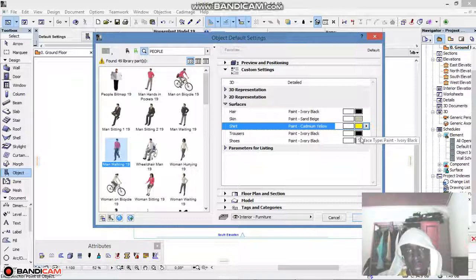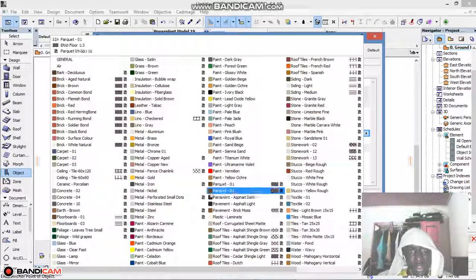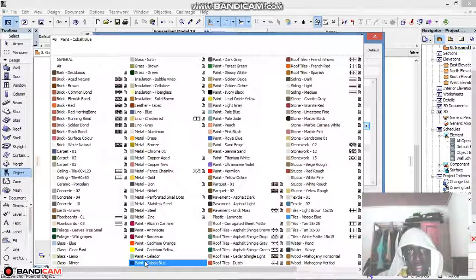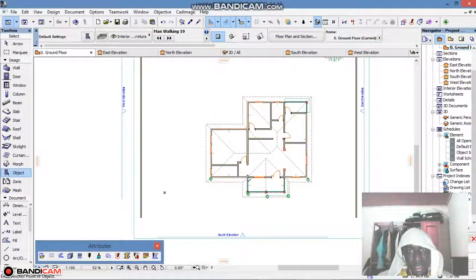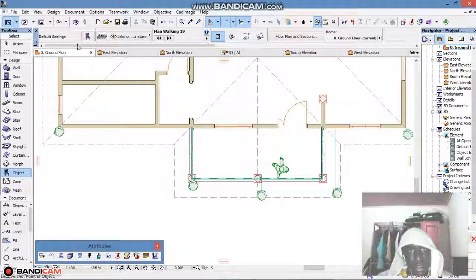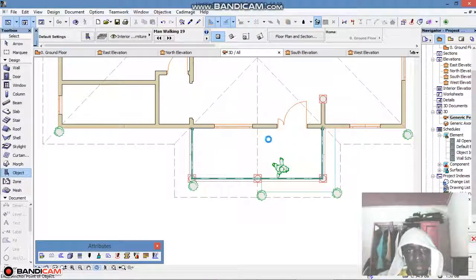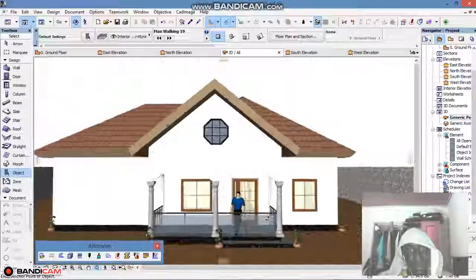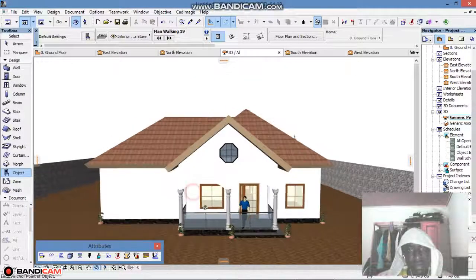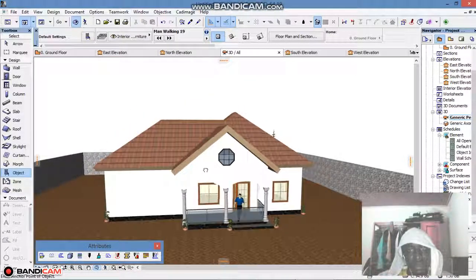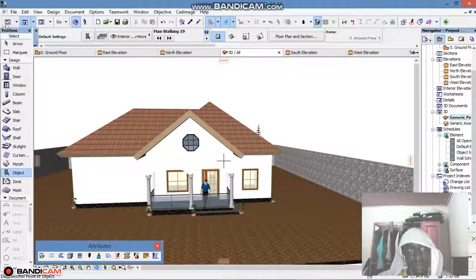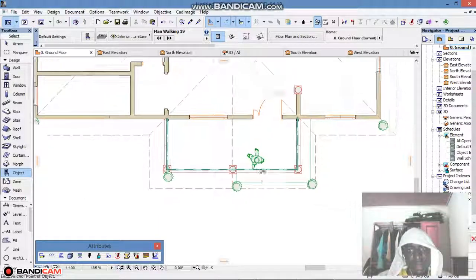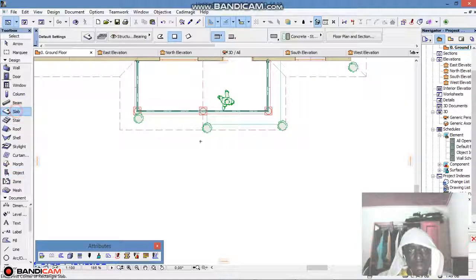I'll just say yellow. Yellow is not too good. I don't like yellow personally. So I'll click some other color. I'll say blue. Okay, put him somewhere here. So that's a human. Let's take slab and then